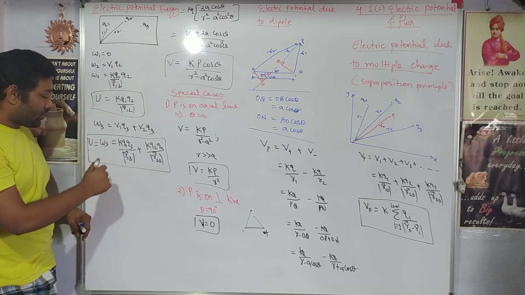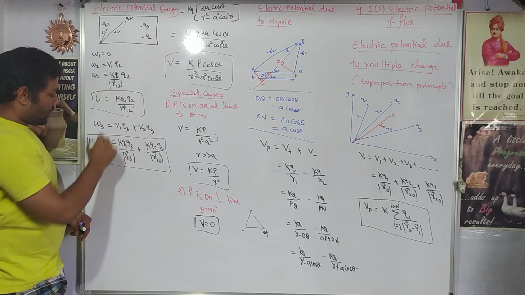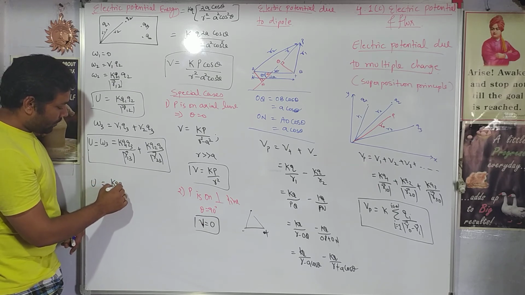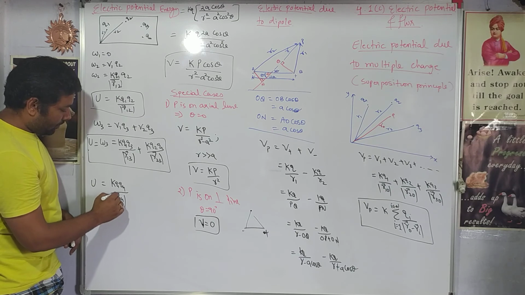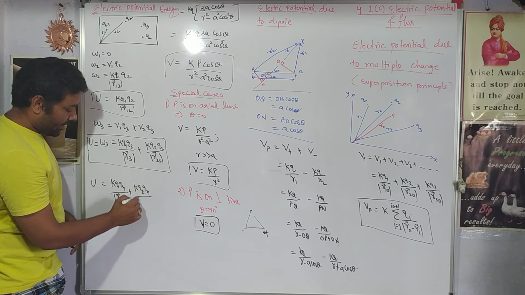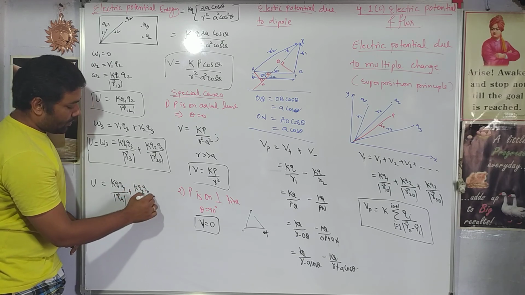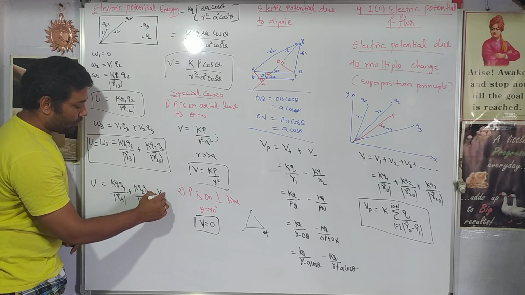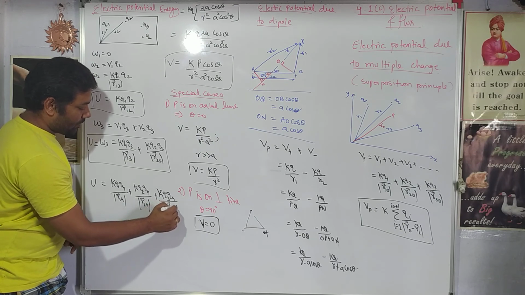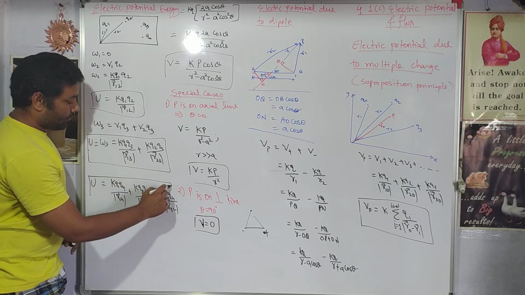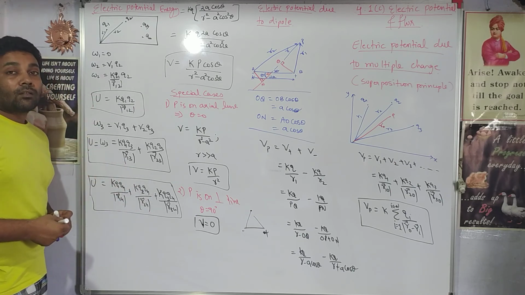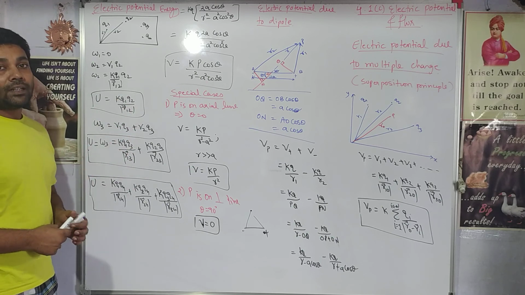Similarly, if I bring the fourth charge, what will this potential energy become? It will become K Q1 Q4 by r14. Then the fourth charge has to face opposition from the second charge also, so Q2 Q4 and r24. Then the fourth charge also has to face opposition from the third charge, so Q3 Q4 and r34. This will be the potential energy if I bring the fourth charge also, with Q1, 2 and 3. Yes. So this is the derivation for the electric potential energy.